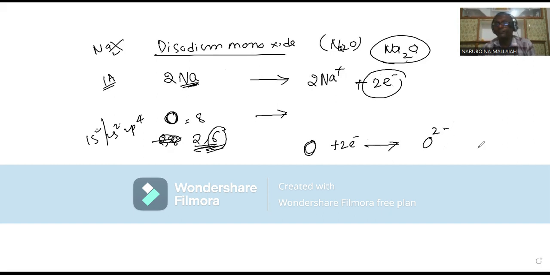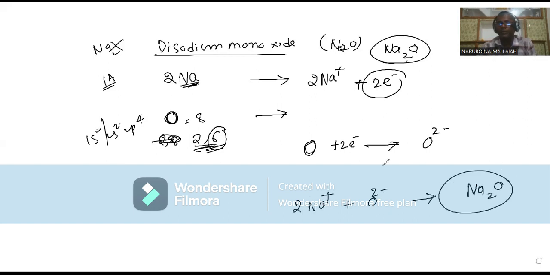2 oxides are formed. Now between these 2 sodium cations and the oxide anion, they come close, there will be attraction forces, that is written as Na2O. Disodium monoxide is formed. One more thing you have to observe, that is, the sodium configuration,